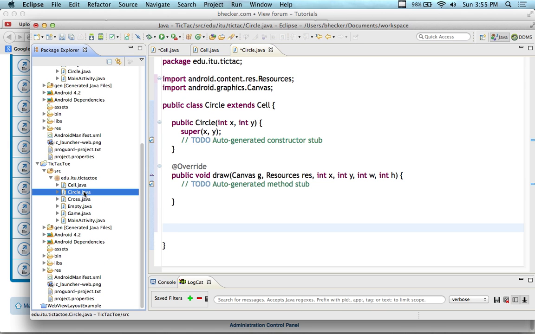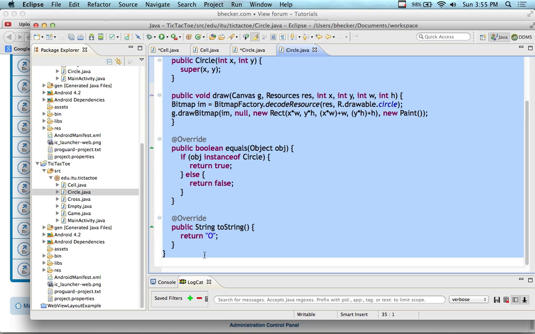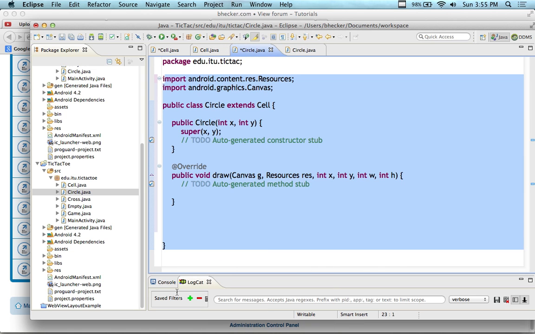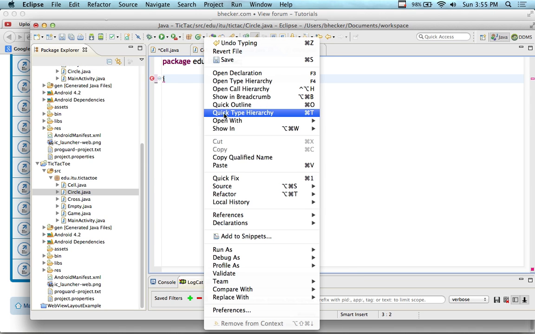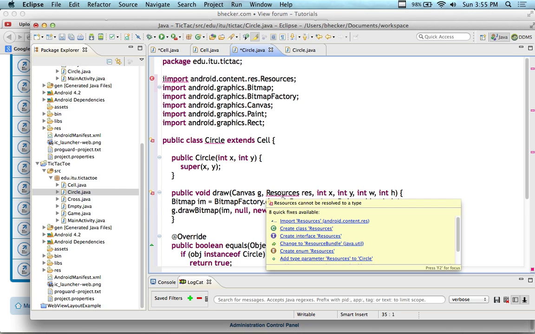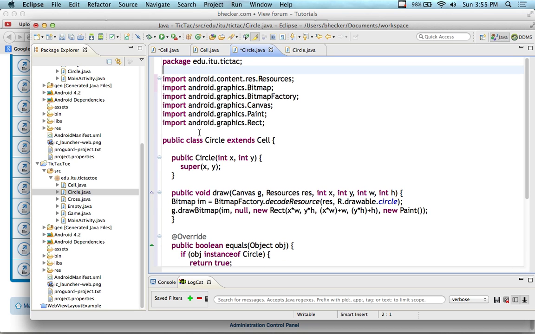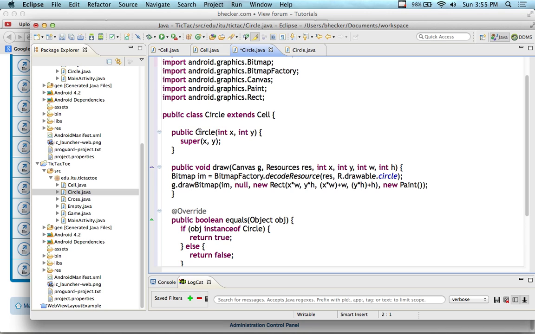So I'm going to go over to Circle. And I'll just take it from here. Actually, I'll just take the whole thing, and cut and paste it and put it into our Circle class over here without having to type the code in or having to paste it with a bunch of paste errors. And I believe my import resources needs to be improved because I messed this line of code up over here. There we go. Okay, so now I have a working Circle. Circle extends Cell, and it implements a constructor that sets the X and Y back to,